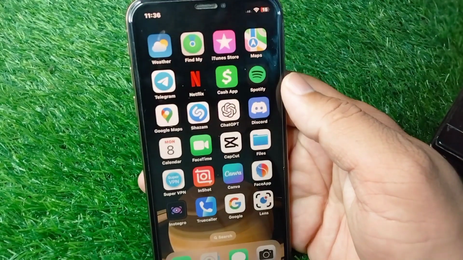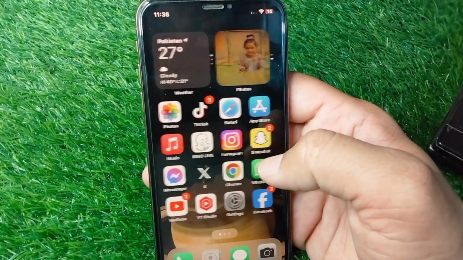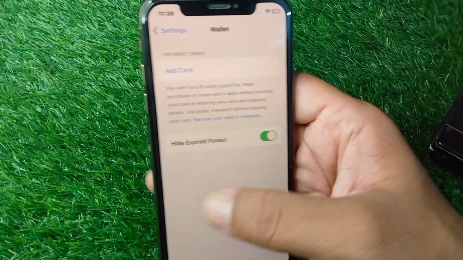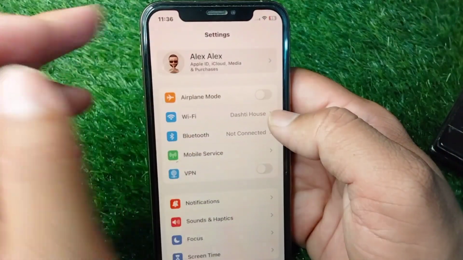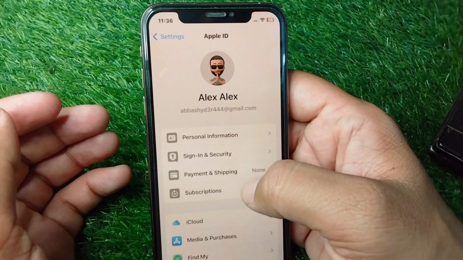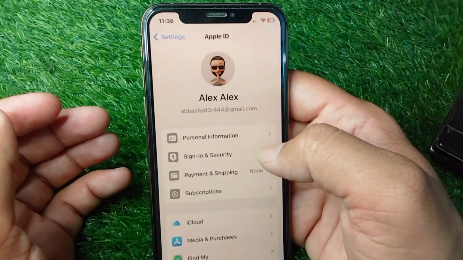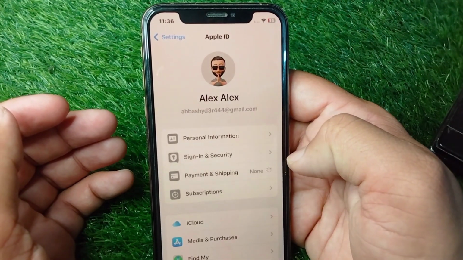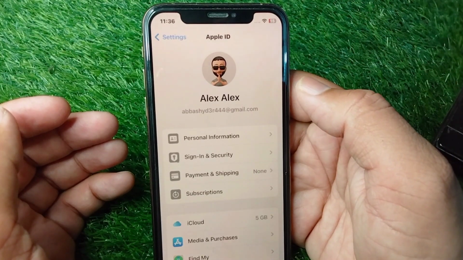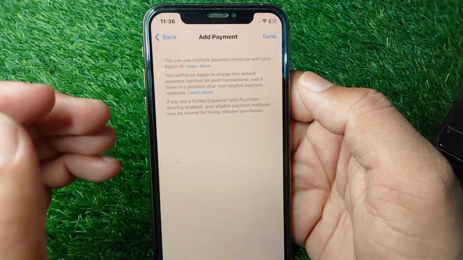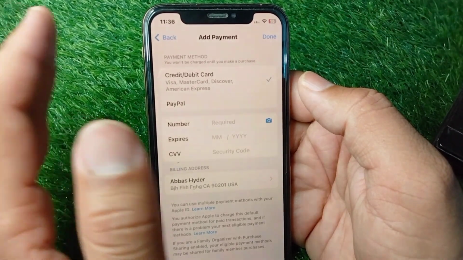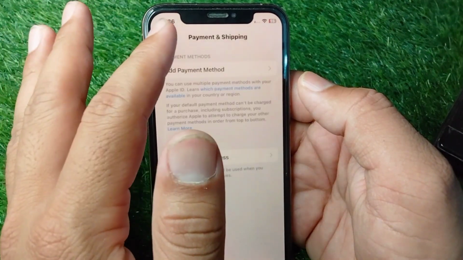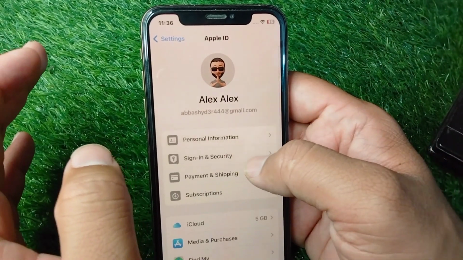So guys, for that you have to simply go back to your home screen, and now open Settings on your device, and from here tap on your profile, and from here tap on Payment and Shipping, and from here you have to simply remove your payment method one time from your device. So I do this and go back, and now tap on Sign-In and Security,